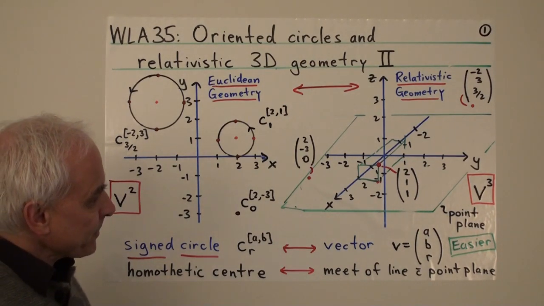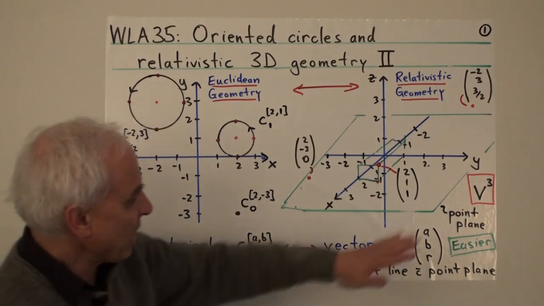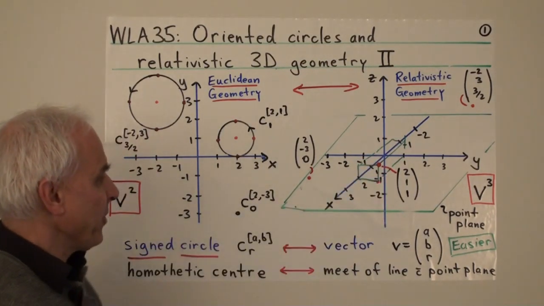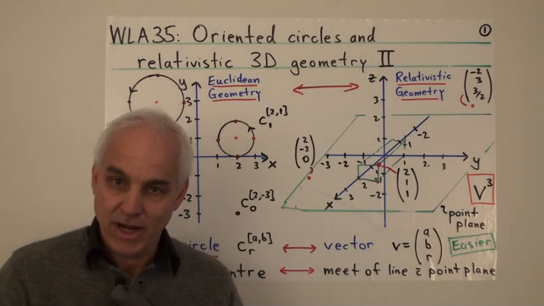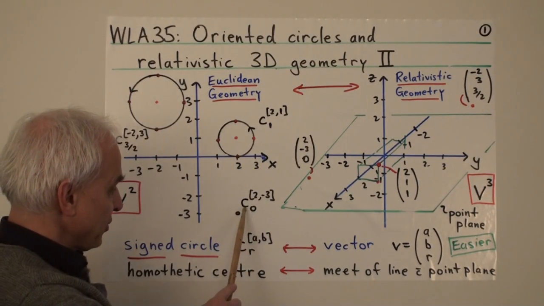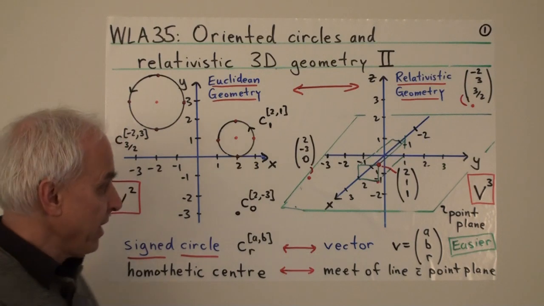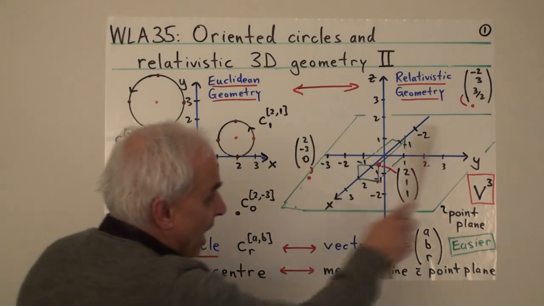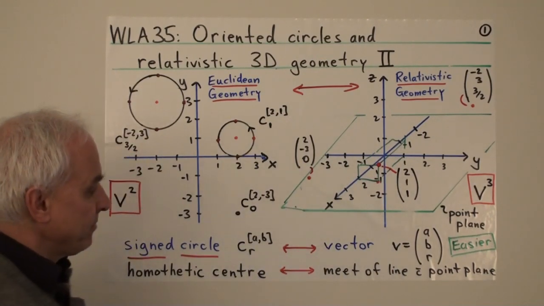All right. In this three-dimensional space, there's a special plane, which is the actual plane of the xy plane. So that's the horizontal plane here. And that corresponds to points whose z-coordinate is 0. In other words, which have 0 radius. Those are essentially point circles, like this one down here. So here's a circle centered at 2, -3, with radius 0. It's just a point. That's represented on our diagram by the point 2, -3, 0, which is lying in this horizontal point plane in the three-dimensional space.